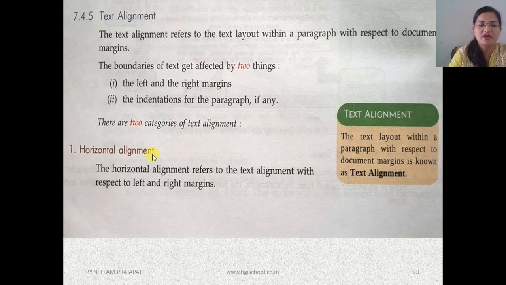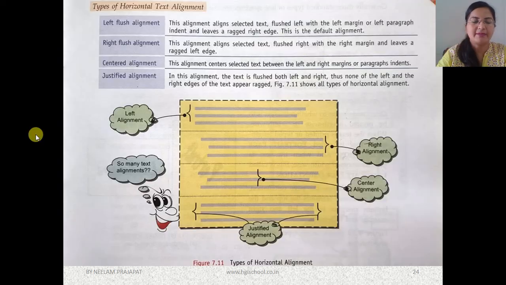First of all, horizontal alignment. Horizontal alignment means left, center and right. Now horizontal text alignment, first is left flush alignment. This one is left alignment, you can see.